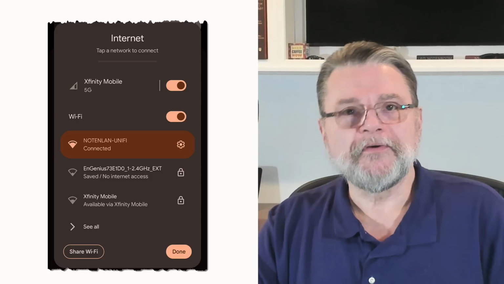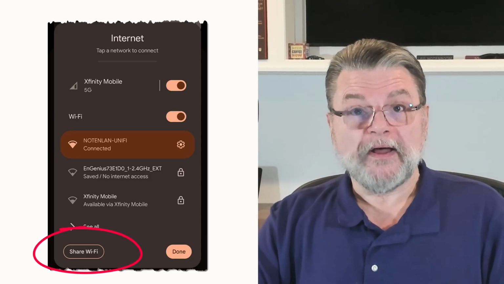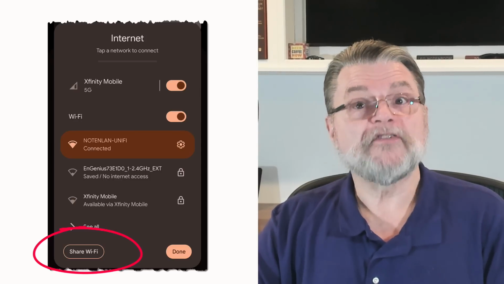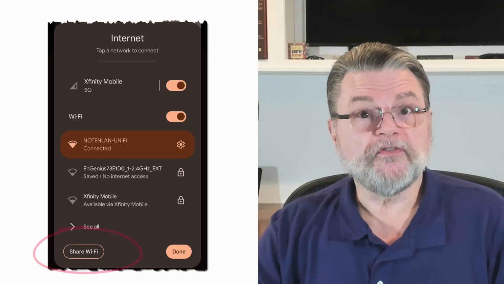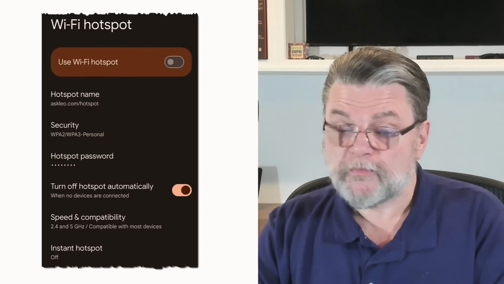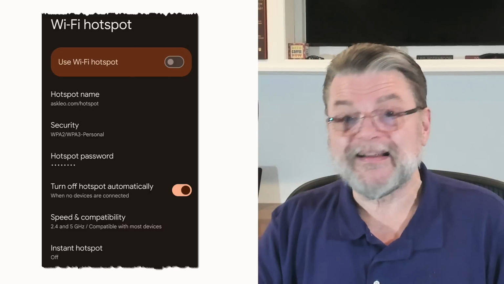Now, reversing it, your phone and the internet. If you look closely at this image, you'll see that there's a button labeled Share Wi-Fi. On my phone, that's one way I can set up a Wi-Fi hotspot. The first time you do so, you'll need to configure a name and a password just like you did for the hotspot provided with your router. You can see here I've given my hotspot a name,